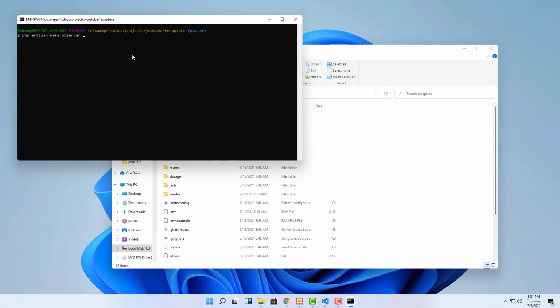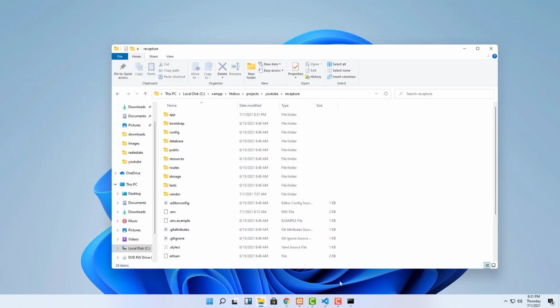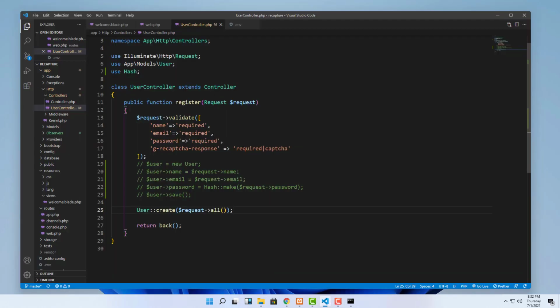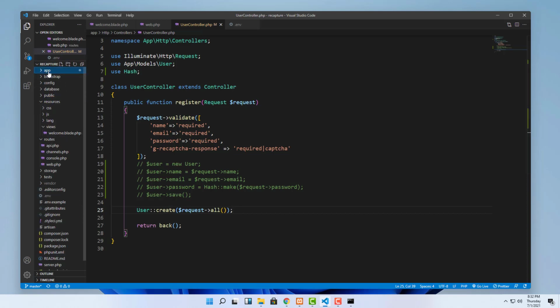and then you have to give the name of the observer. So I'll call it UserObserver, and then you have to specify the model it is going to observe. So the model equals User. Okay, just that, and hit enter, and the observer has been created. So if we open our code and go to app, you should see this folder called Observers that has been created,